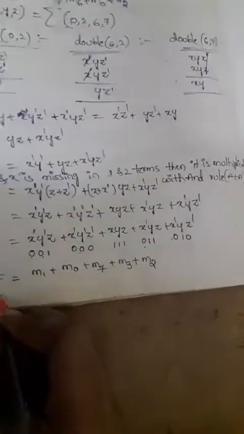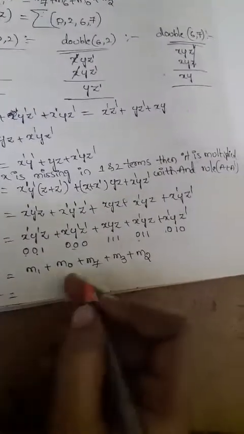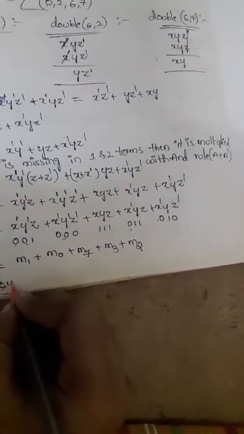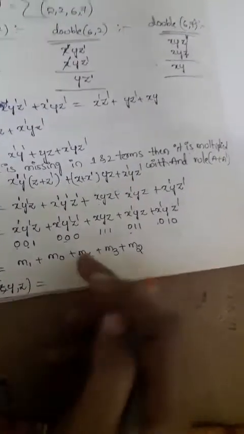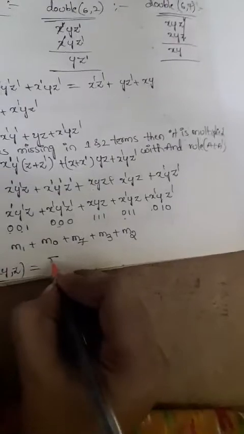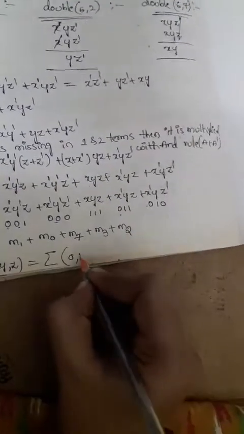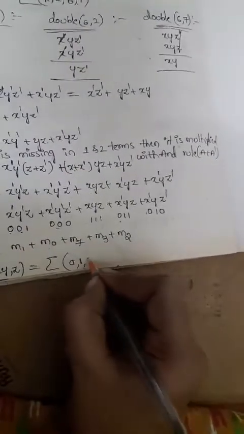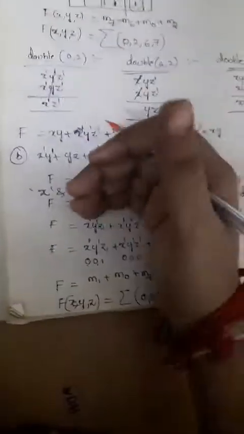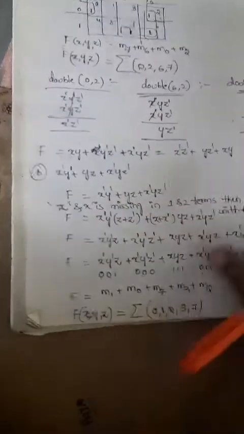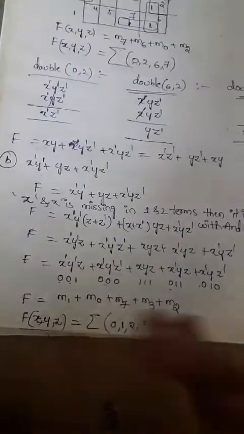Next, this f function having the variables x, y, z is equal to, here this will be converted to the decimal numbers. So I can write them in serial order: 0, 1, after that 2, 3 and 7. So this is our final Boolean function for this Boolean expression. Based on this we'll find the K map. I can consider this as 3 variables, right? We require a 3 variable K map.